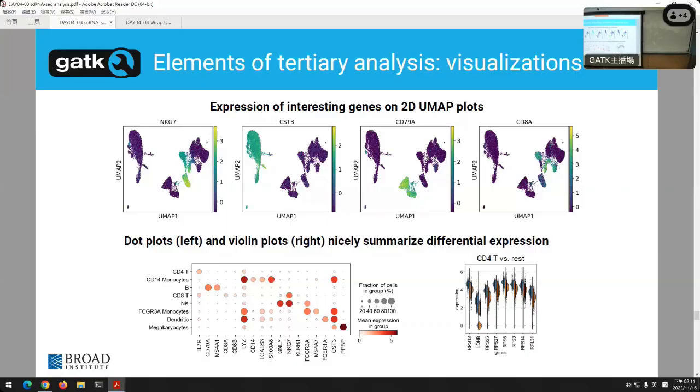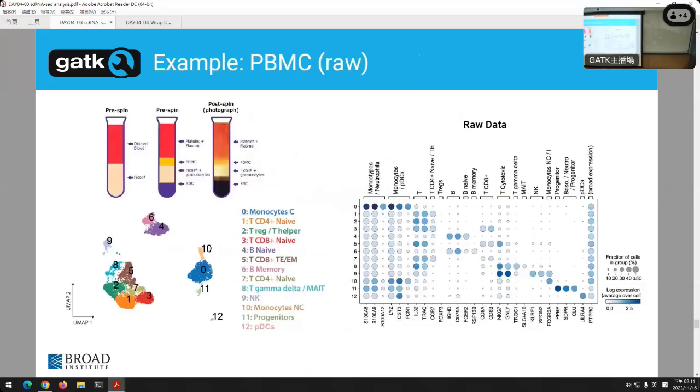So if they express it at really high levels, all those cells, it's really dark here. But if they express it at low levels, then it's a lighter pink. That's the way to look at that. Okay, so now I want to show you, given that, let's go back and show you an example of what